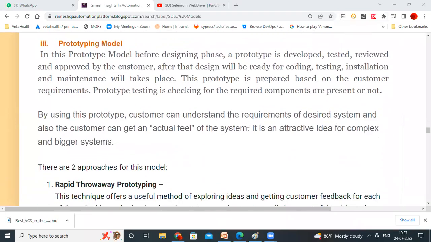Prototype model. So prototype means what? Just a sample, right? As a pilot project, we can say pilot project, or just a sample or model kind of thing. That's a prototype. So in this prototype model, before the designing phase, a prototype is developed, tested, reviewed, and approved by the